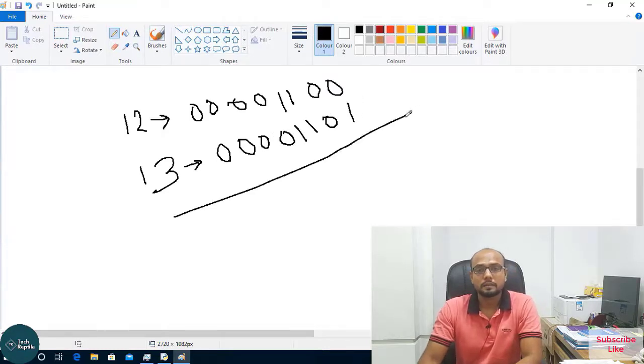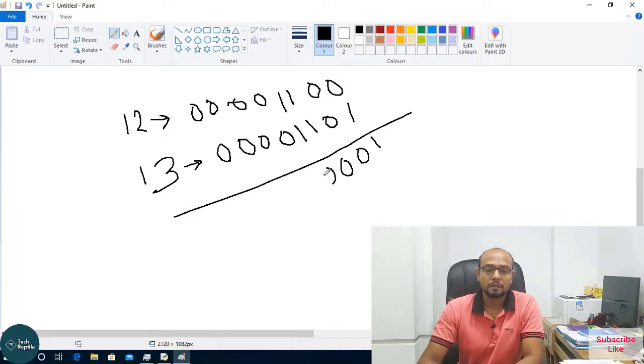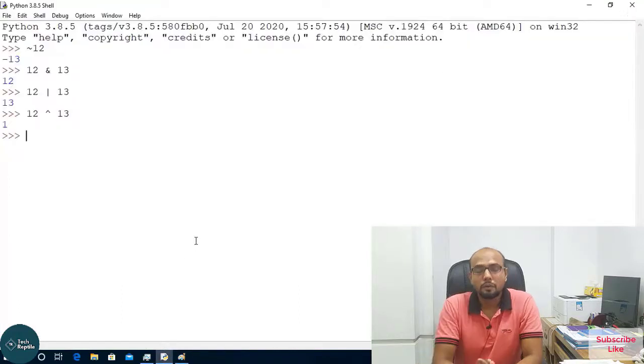So let's perform the XOR operation. It will give you 1 only where the count of 1s is odd, and 0 for the rest. So it gives you only 1. That's why when I perform the XOR operator between 12 and 13, it will give you 1.